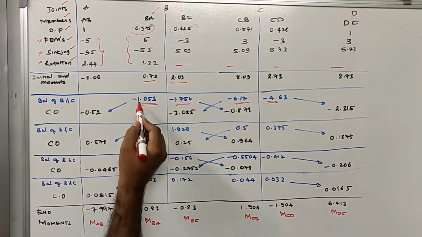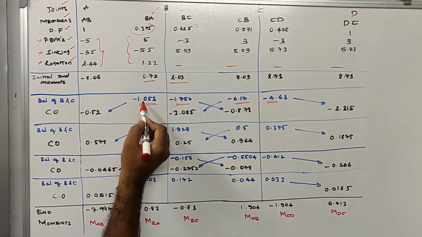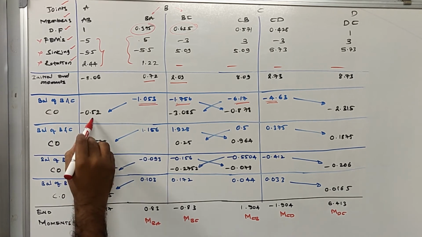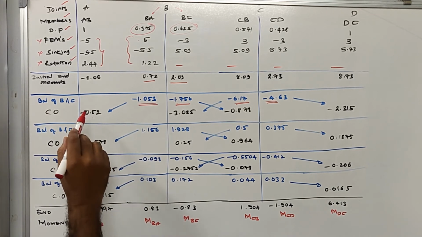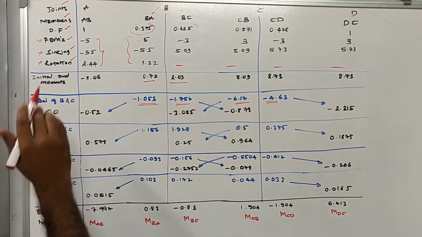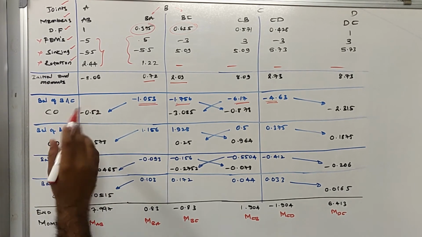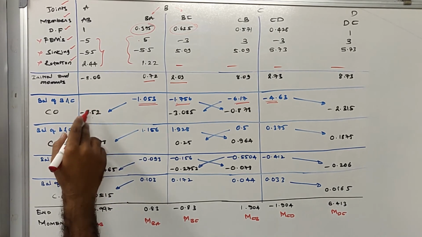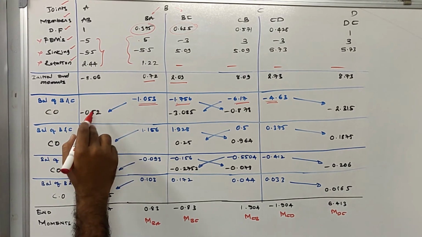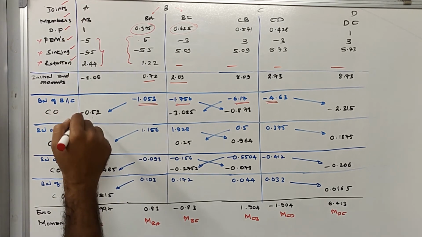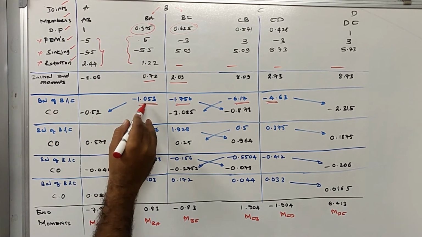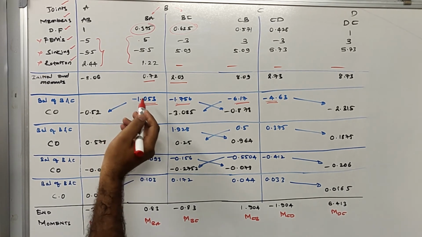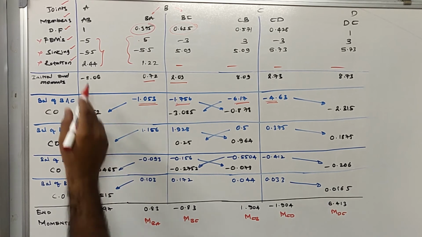You remember how to take the carryover. If you apply any moment at BA, we need to carry over to AB, and watch carefully in the previous videos, we need to refer to what the far ends are. If the far end is fixed, then only we will carry over. If the far end is pinned or roller, we need to stop carrying it over and make it 0, right? Right now joint A is a fixed joint, so that's why we are carrying it over. How much will we carry over? As you already know, it should be divided by 2. So 1.053 divided by 2 will be carried over to the end AB.